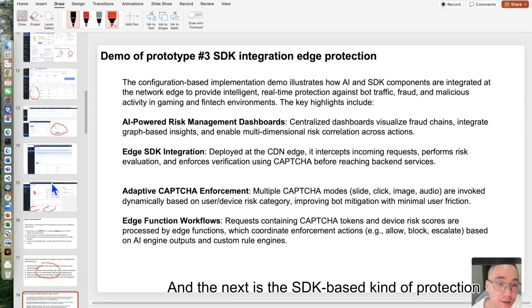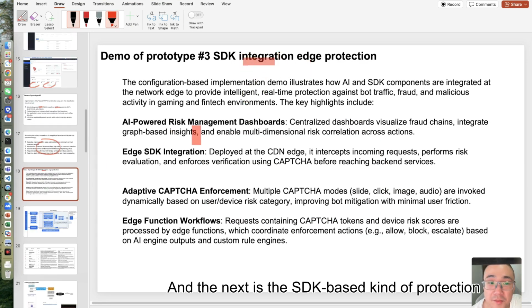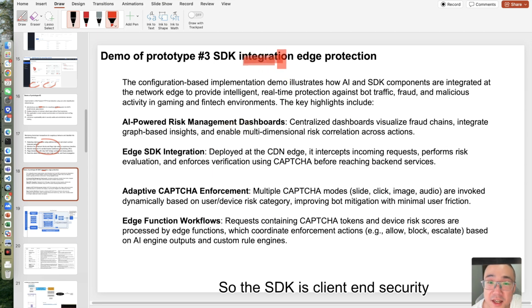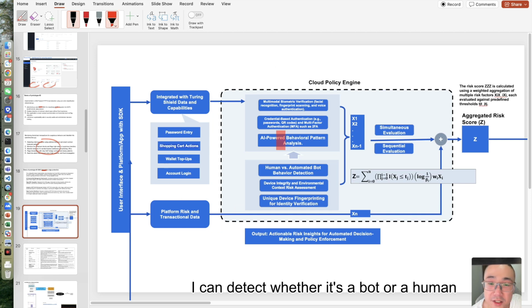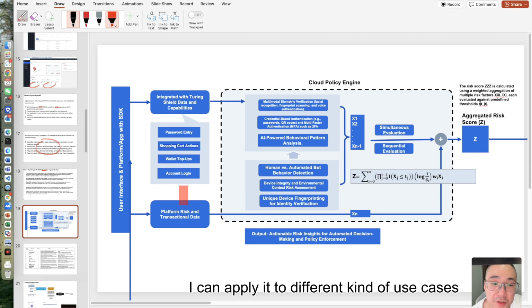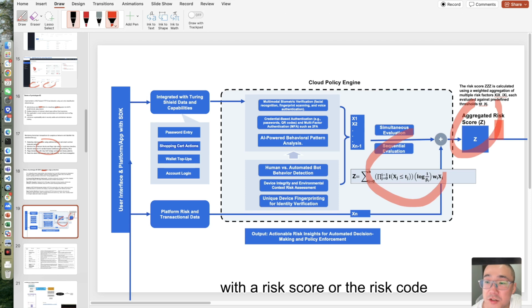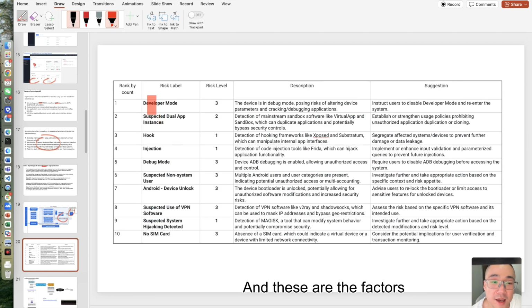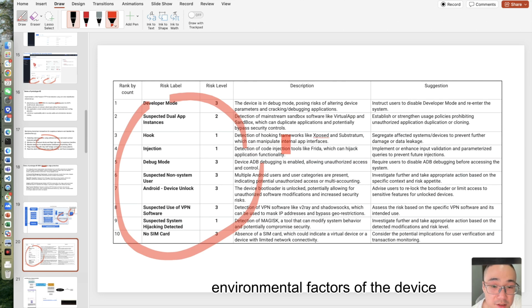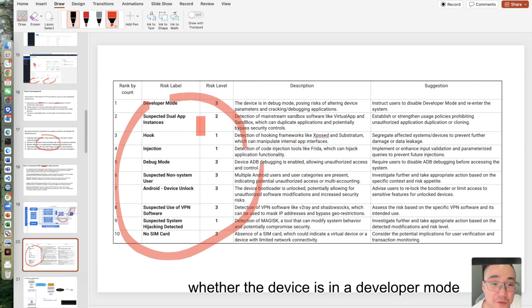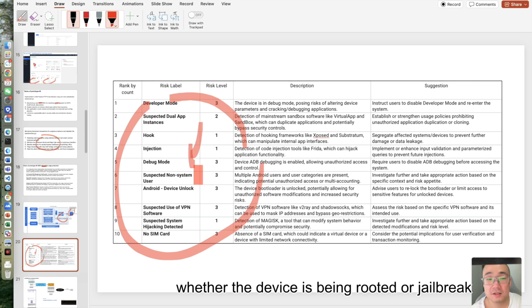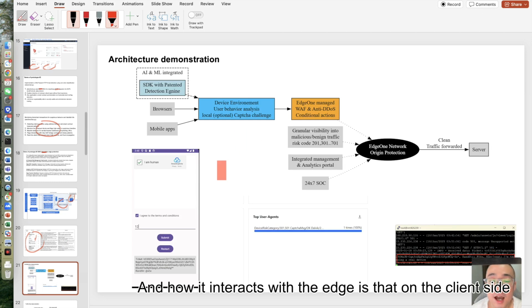And the next is the SDK-based kind of protection, right? So the SDK is client security. I can detect whether it's a bot or a human, I can apply it to different kinds of use cases like wallet top-up, account logging, and on the back end, I'm going to come back with the risk score or the risk code. And these are the factors, environmental factors of the device that will be taken into consideration, whether the device is in developer mode, whether the device is rooted or jailbroken,